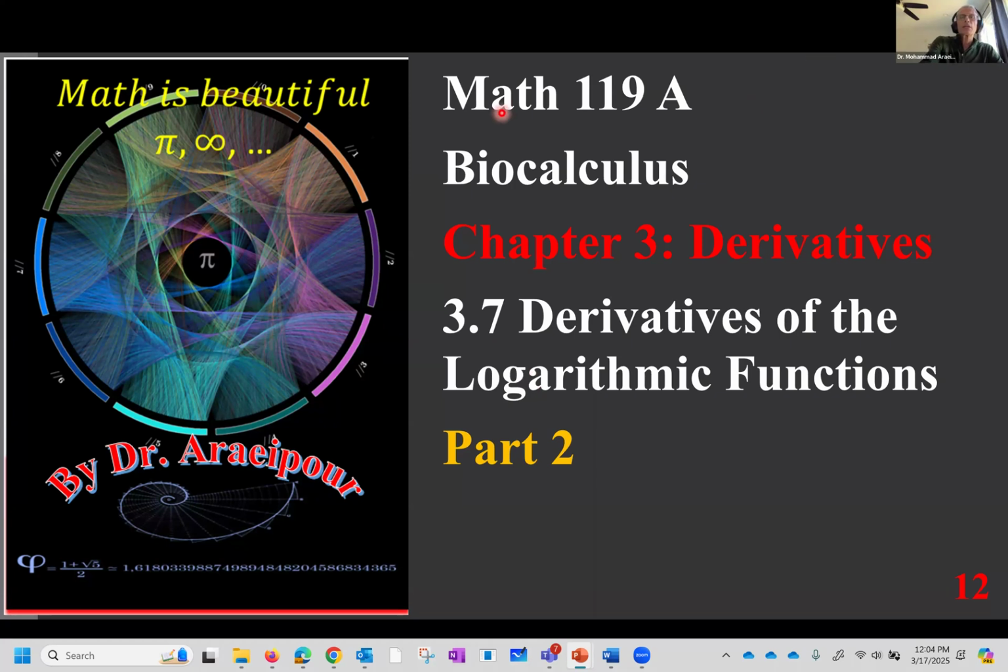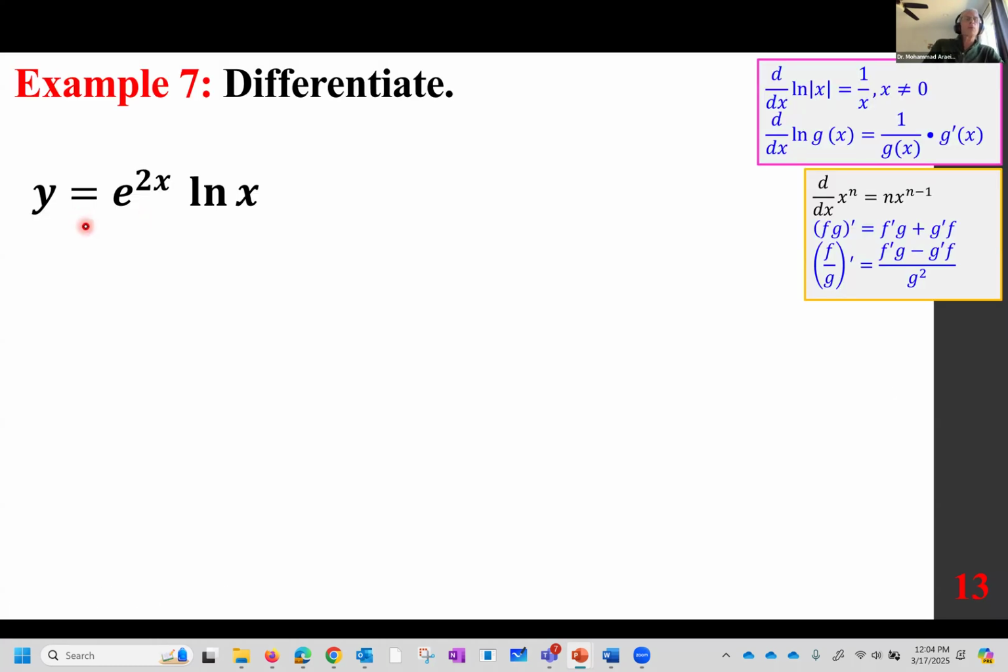Good afternoon, class. Here's Chapter 3 Derivatives, Section 3.7, Derivatives of the Logarithmic Functions, Part 2. We want to differentiate y equals e to the power of 2x times ln x. And I'm going to put a raised dot in between, which means we are going to use the product rule,